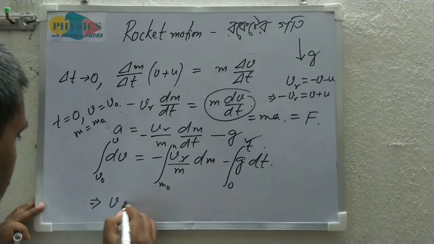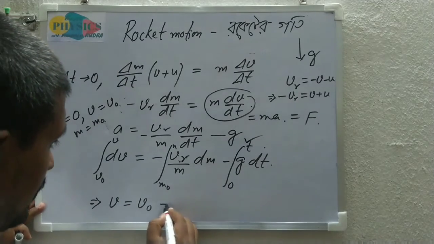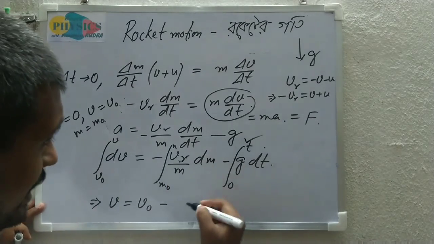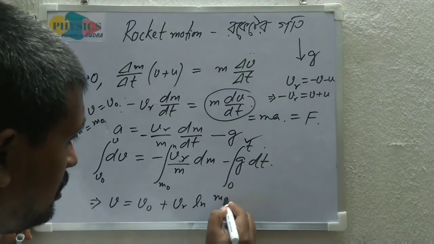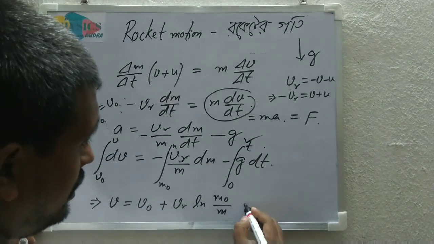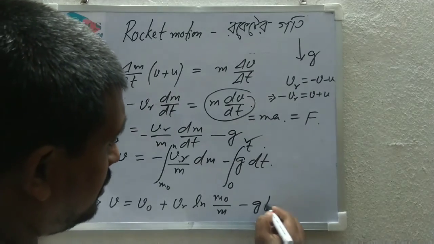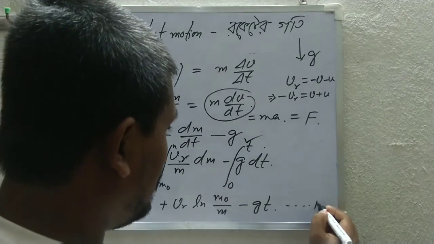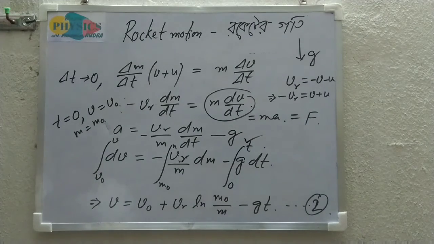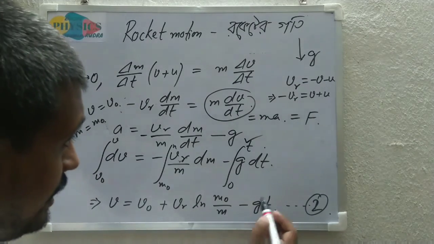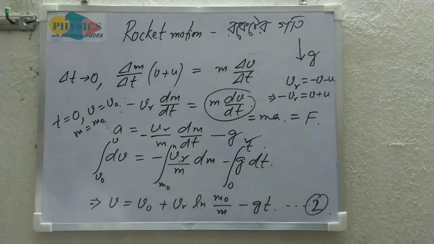So from this we can write v equal to v0 minus Vr times the integration of dm by m, which means ln m, so it will be v equal to v0 plus Vr ln(m0 by m) minus gt. So this is equation number 2. From this we can get the velocity of the rocket at time t. Now if we neglect the acceleration due to gravity, then this term will be 0, so only this term remains as the velocity of the rocket,